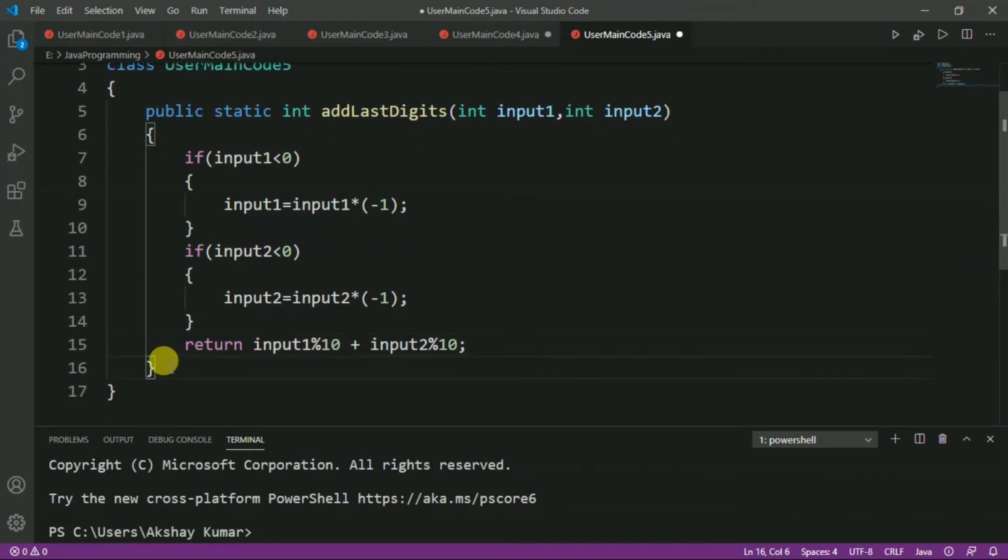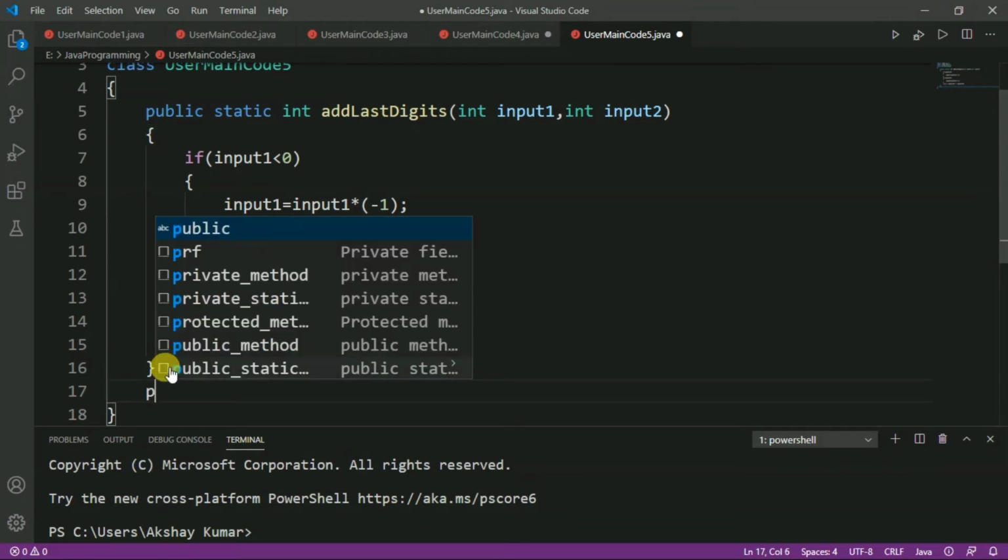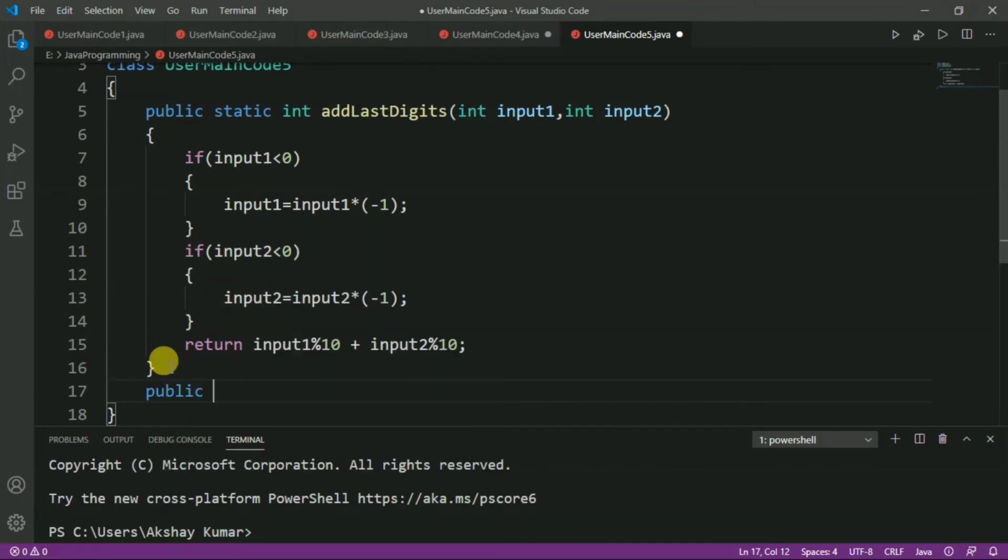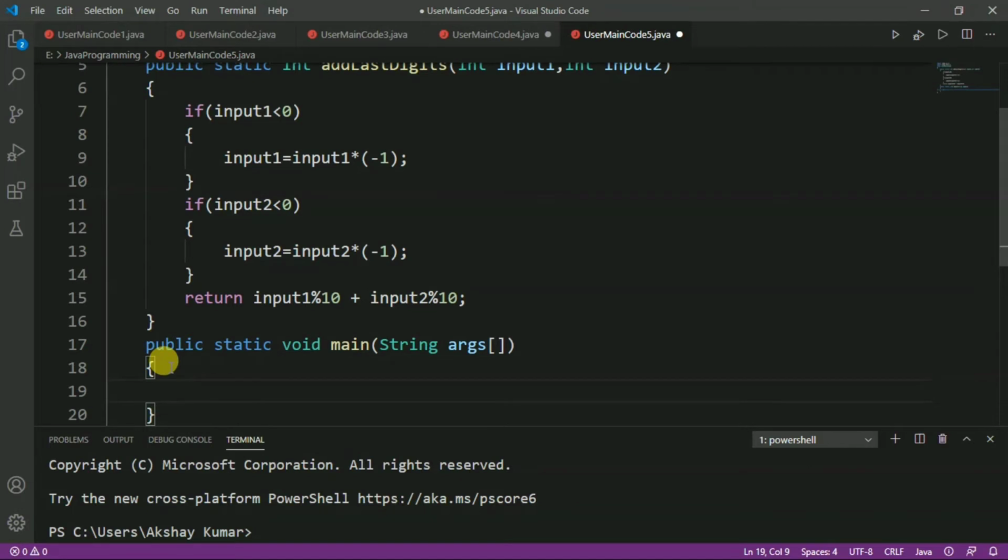Now, after that we have to write the main function. So, let us write public static void main, and here we have to write String args. After that, we have to declare two or three variables. So, let us take no1 for number 1 and no2 for number 2, and we will store the value of the calling function